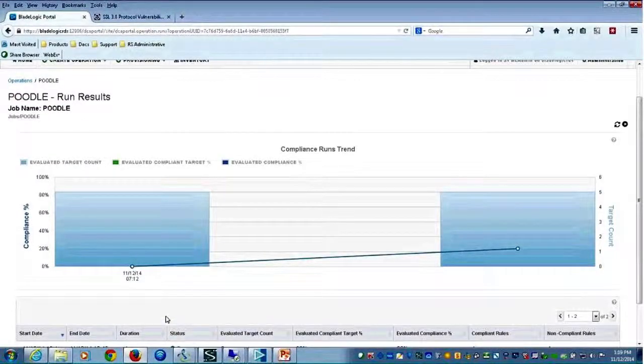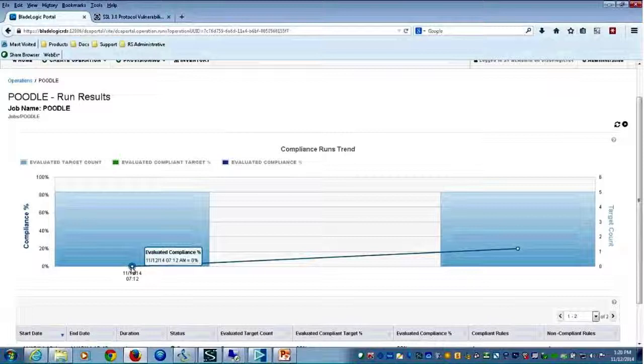Okay, so what we have here is really a couple of runs that have occurred. So what you'll see at the very beginning is this Poodle is kind of like a compliance check, was run against 5 servers. And when I first ran it, you can see I had 0 compliance. So all of them basically had this vulnerability. And so that's one of the nice things that Mike alluded to. They released that Poodle zip kit. I simply import it into my console, and I can immediately run that against my servers and see, for example, who's vulnerable.